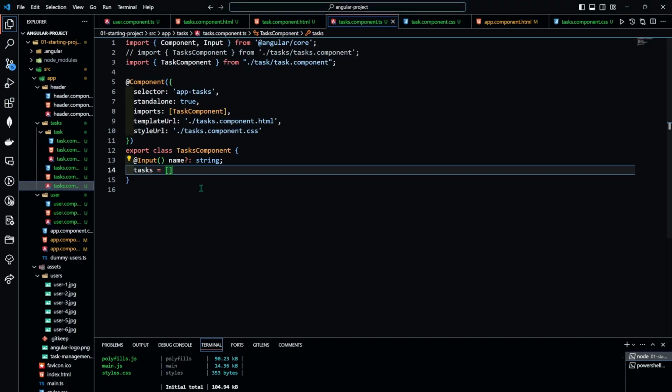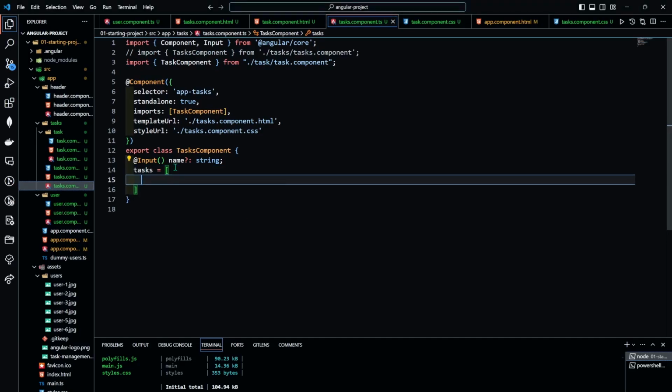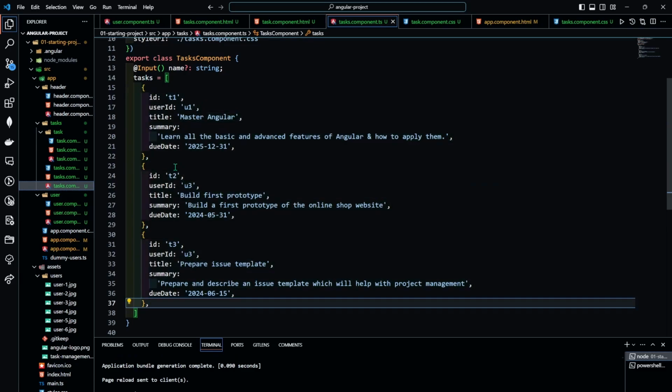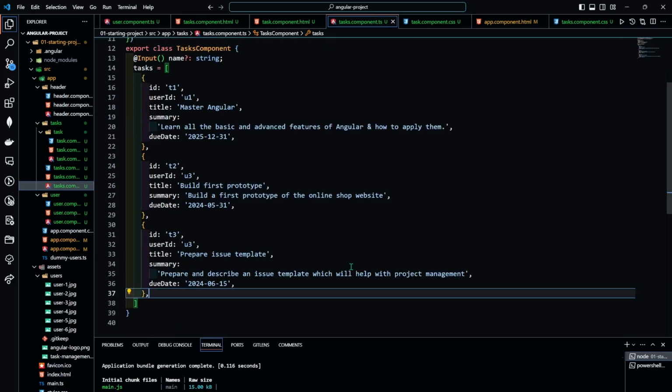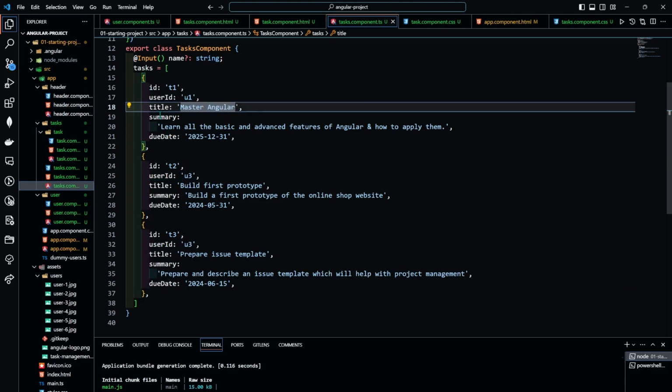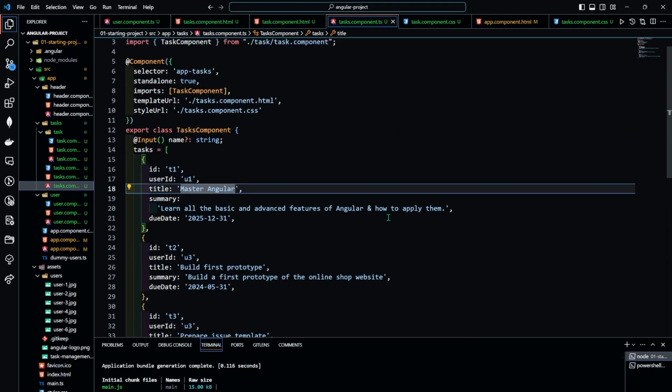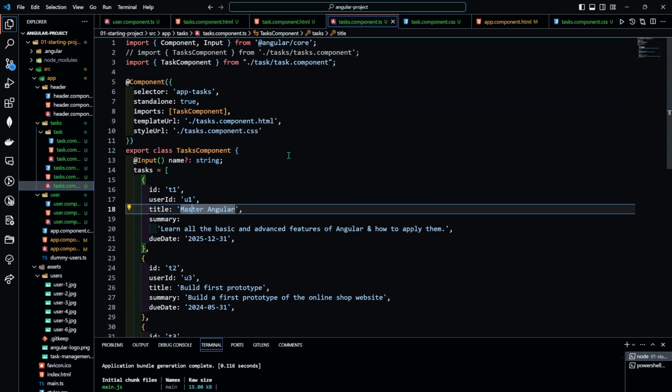This is a simple task data that I have added. I have added ID here, user ID as well, title, summary, and due date. Okay. Now what we will do is